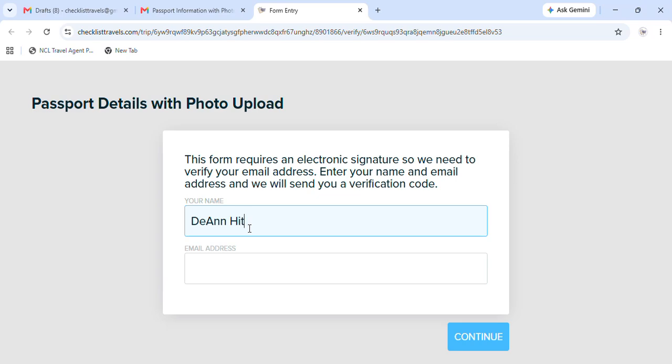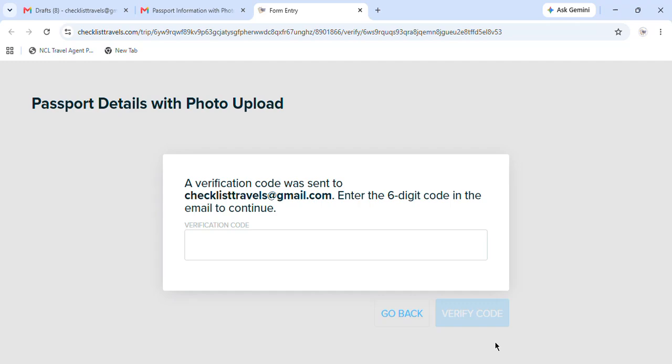Enter the information. Continue. A verification code will be sent to your email. Once you receive that verification code for two-step authentication,